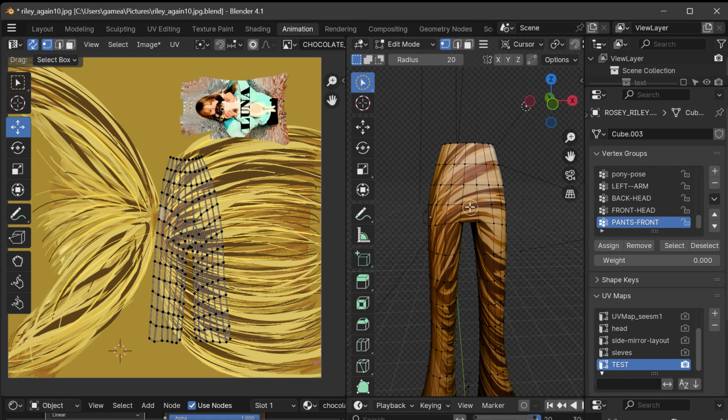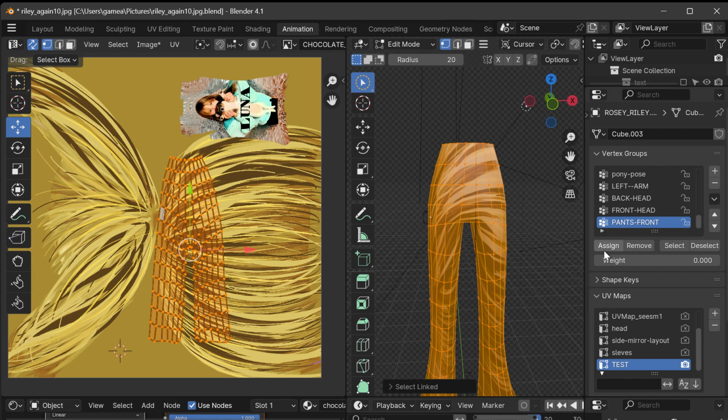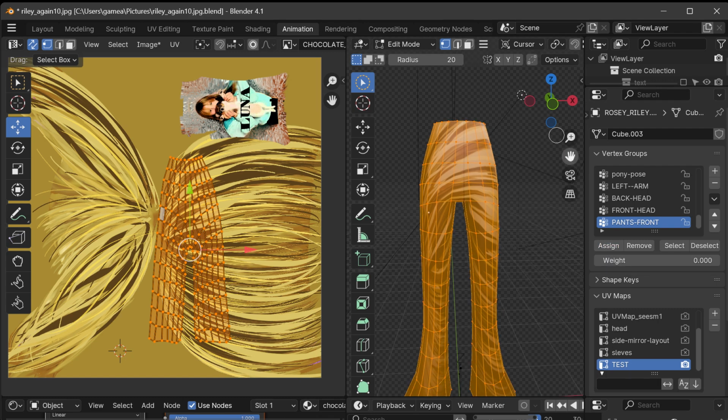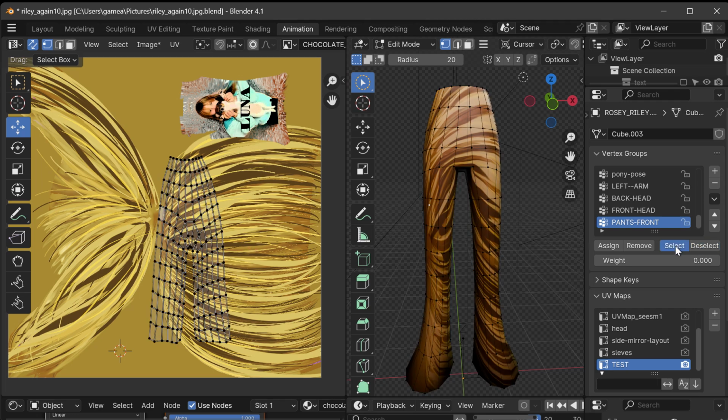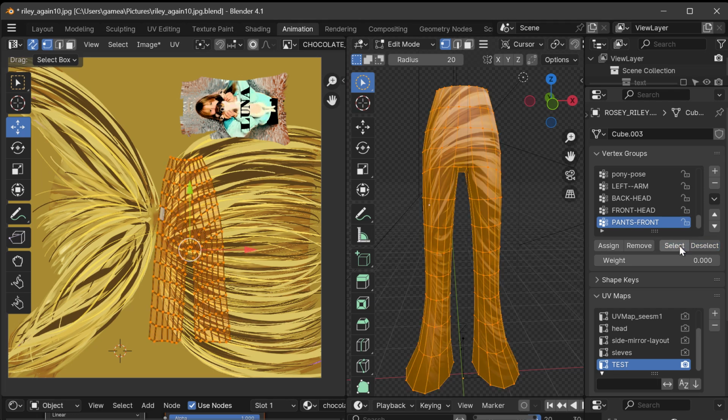So I hold the cursor over, hit L, select them, and say assign. Sometimes I forget to hit the assign button. And then deselect. Now I know they're selected. Okay, deselect and select. And so I'll select those and